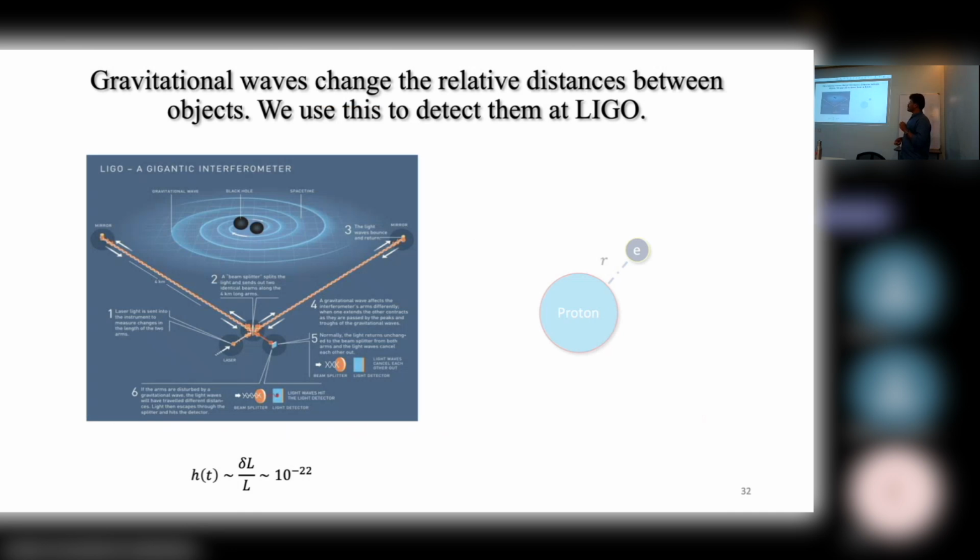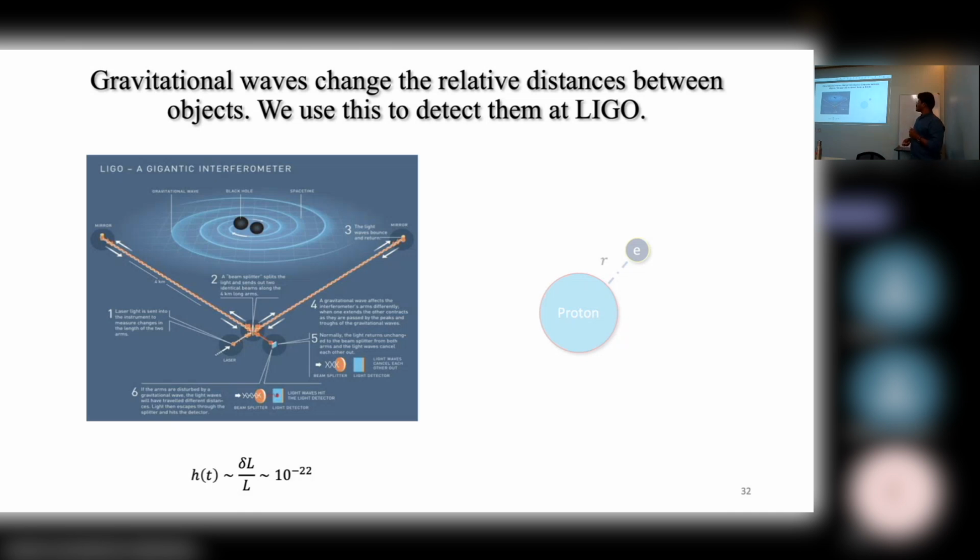So how do we even detect gravitational radiation? The essential idea is that whenever a gravitational wave passes through, it changes the distance between two points. We use this to detect them at LIGO. In LIGO, we have very high sensitivity so that we can measure displacements delta L over L, where L is say 4 kilometers, of the order of 10 raised to minus 22. So one can measure displacements as small as 10 raised to minus 18 or 10 raised to minus 19 meters with this